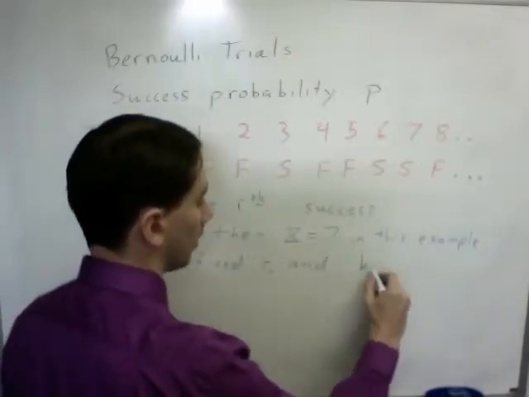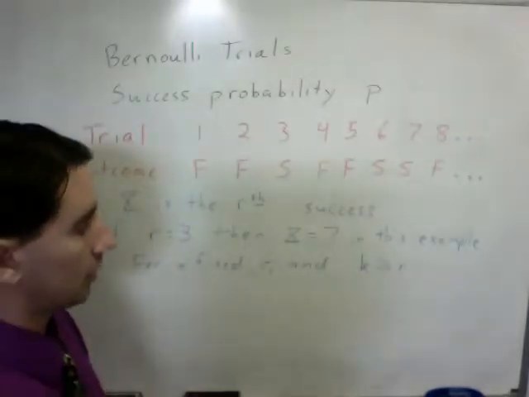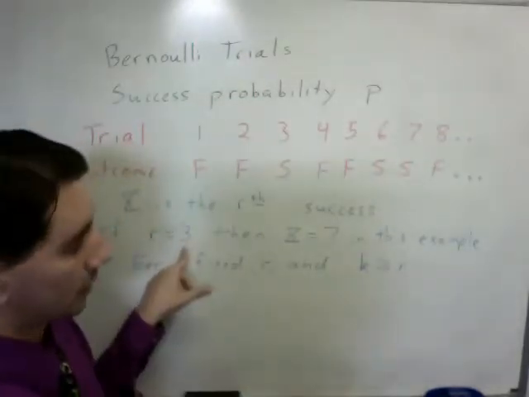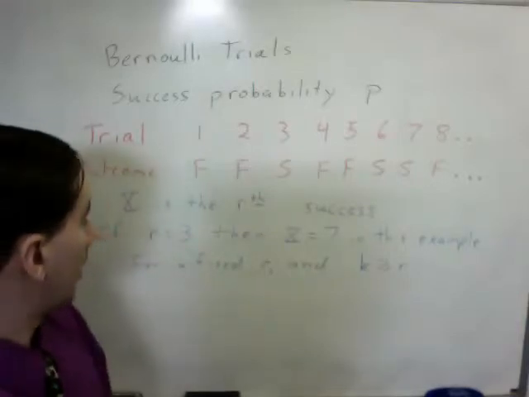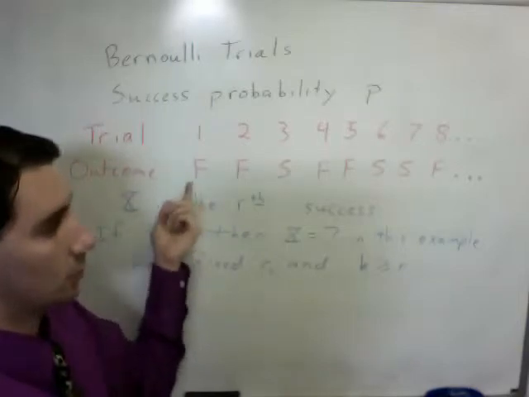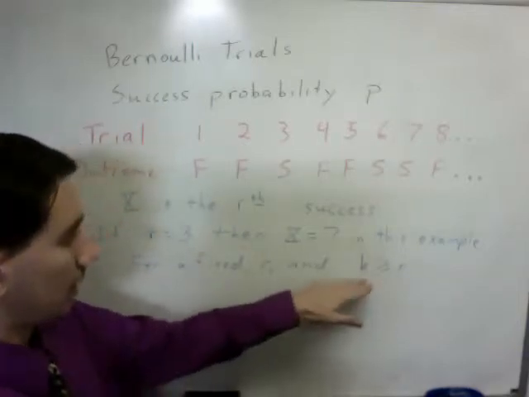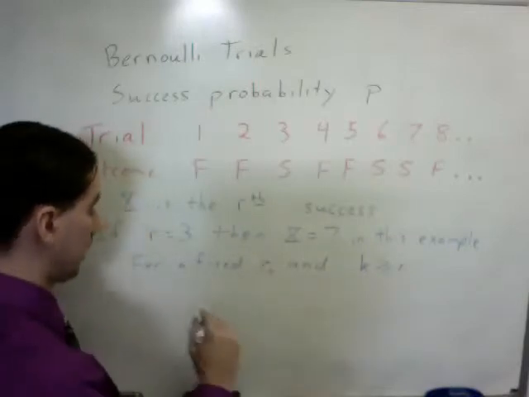Well, k would have to be at least as big as r. It could be arbitrarily large again. If r equals 3, it could go to 1,000 or 1,000,000 or 1,000,000,000. But it takes at least 3 trials to get 3 successes. There's no way you can have 3 successes in 2 trials or 1 trial. So for k bigger than or equal to r, the probability that x equals k